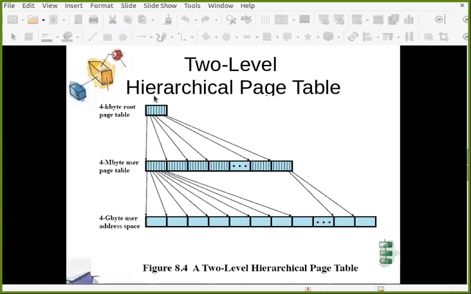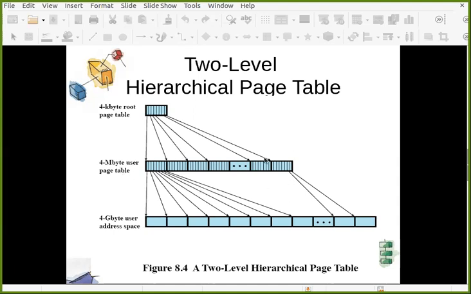And in physical memory, what you store is, you again divide this 4 megabyte into pages. What is the page size? The page size remains the same, whether you are dividing your virtual address space into pages or you divide your page table into pages.